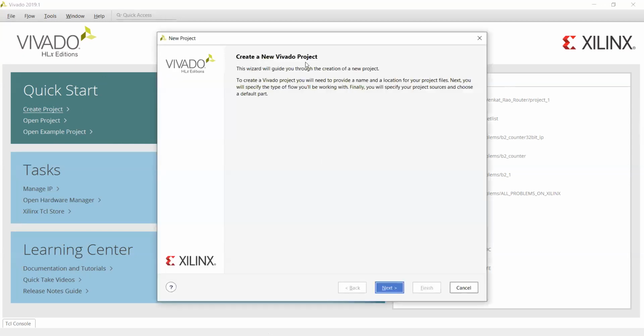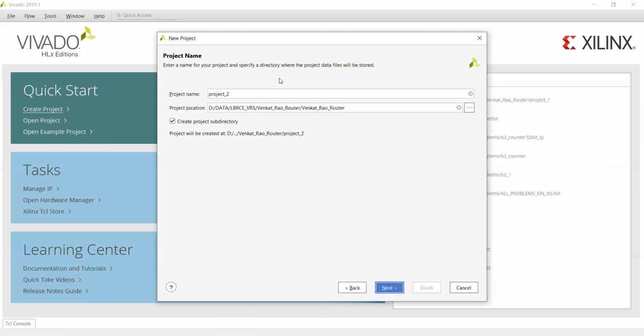While you click on create new project, click on next, and you give a name to your project.